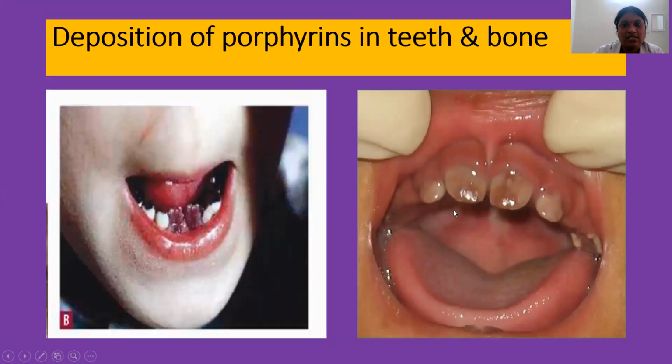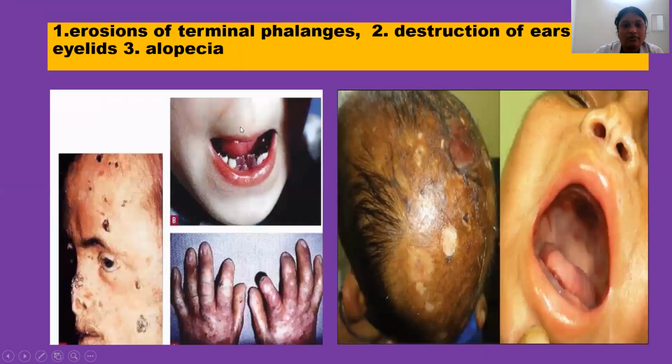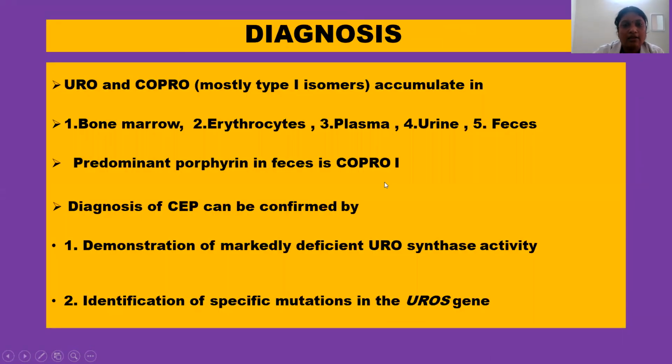Deposition of porphyrins in teeth and bone. You can see brown teeth. Erosions of terminal phalanges, you can see, and mutilated nose, ears, alopecia. And diagnosis is mainly by accumulation of type 1 isomers of uroporphyrin and coproporphyrin in bone marrow, RBCs, plasma,